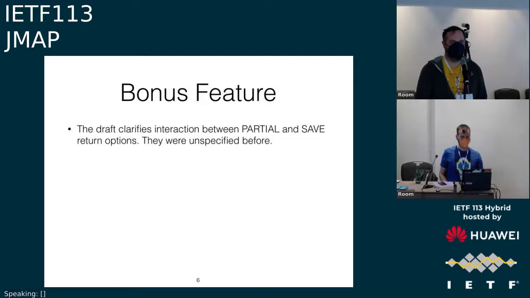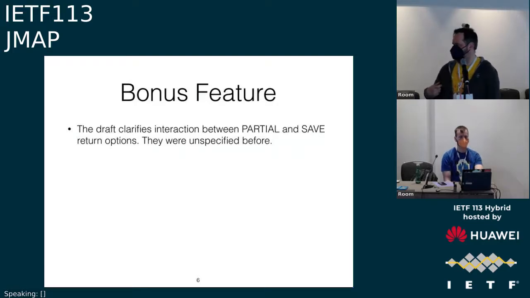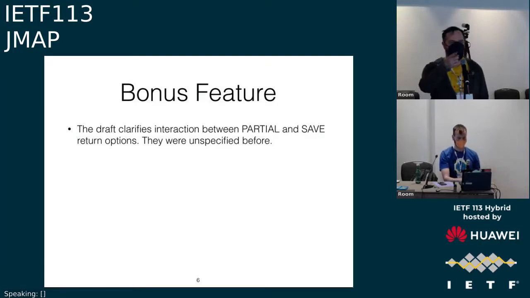Yeah, so we do have a wonderful problem in IMAP where we have so many extensions we sometimes forget how they interact with each other. So actually, partial existed before, SAVE existed before. SAVE is do the search and save the result in a variable, right? And the interaction between the two wasn't actually specified. So Timo Sirainen from Dovecot asked about interactions, and now this is clarified. Next slide.